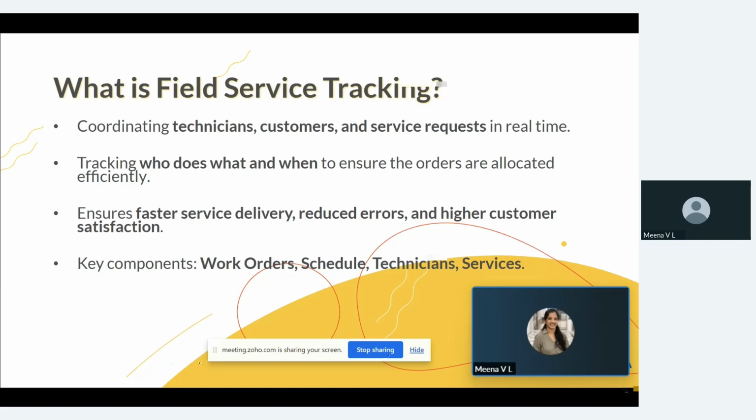Yes, I am sharing the screen. Please let me know if my screen is visible. I'm just resharing my screen. Just let me know if it is still visible.